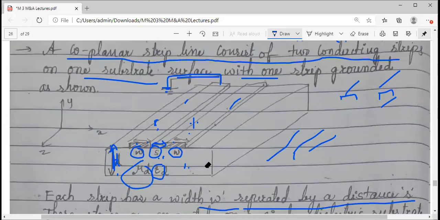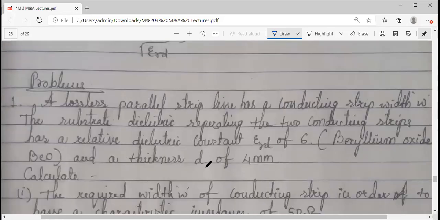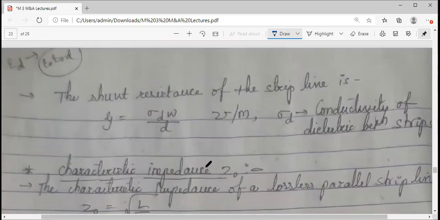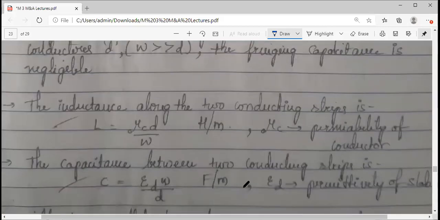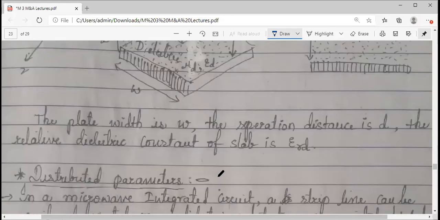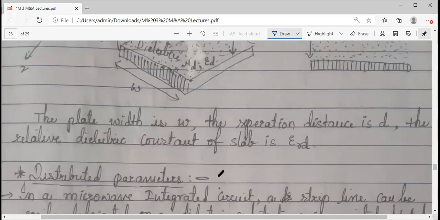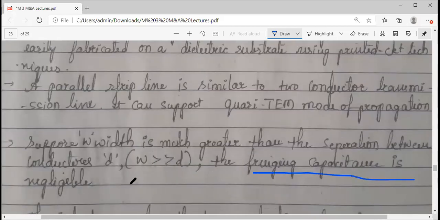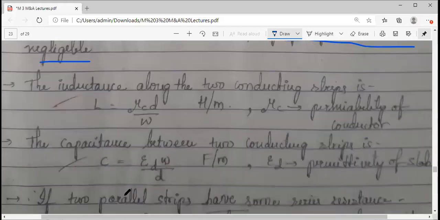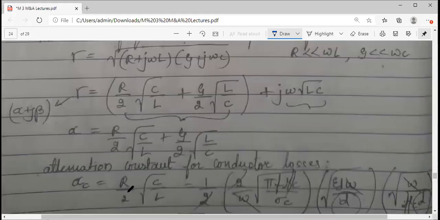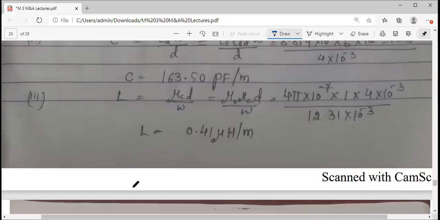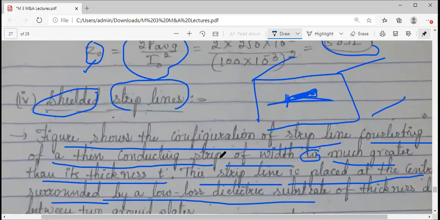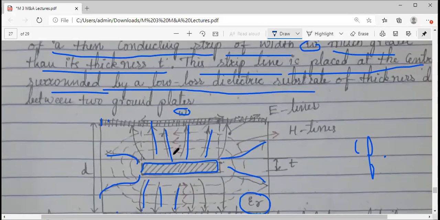Shall I show you the slide? For the parallel lines, here itself, the fringing capacitance I have taken, the fringing capacitance is negligible. So what is a fringe? You should know the meaning of fringe. Yes, can anybody tell me? If anyone knows, you can tell me the meaning of fringe. I have used this word 2 times.